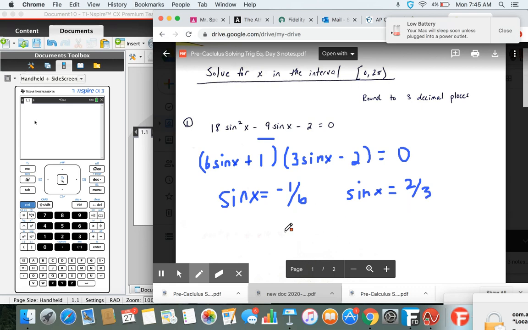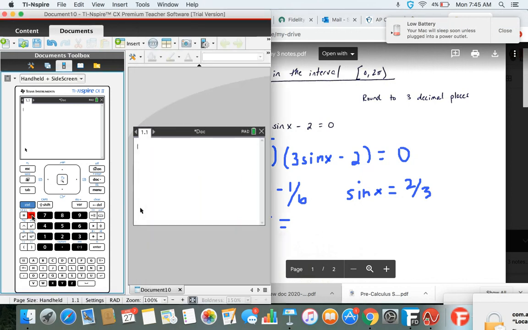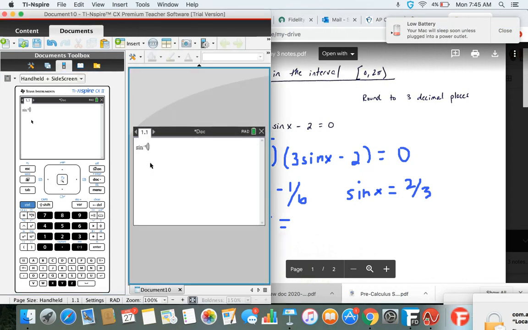All right, once we get this, we know it's not a special angle, so now we're going to have to use the calculator. I'm going to need to get my reference angle here. And I'm going to get that reference angle by going over to the calculator, making sure I'm on radians, and doing inverse sine. Remember, ignore the negative, inverse sine of 1/6. Now, it was a negative 1/6, but that comes up in the next step when we ask ourselves,